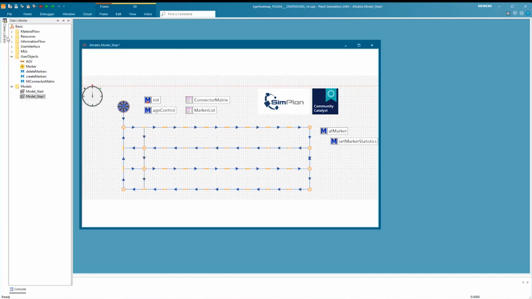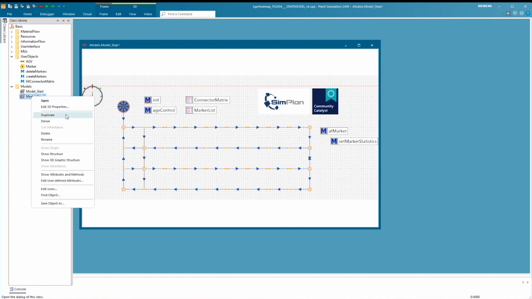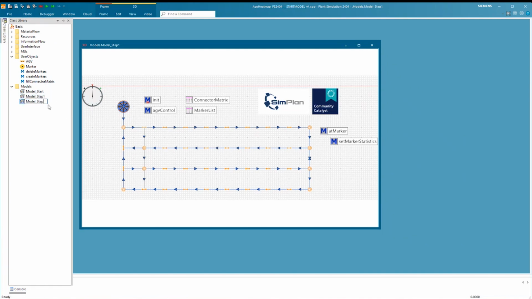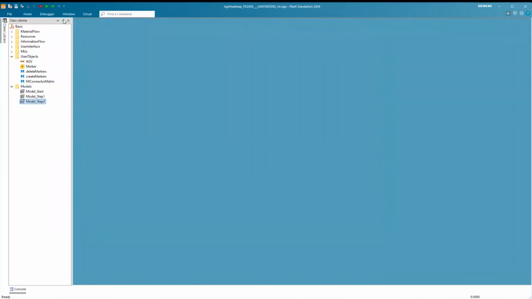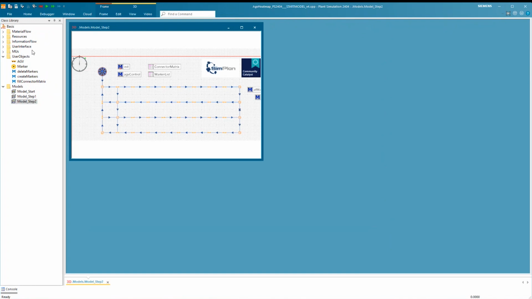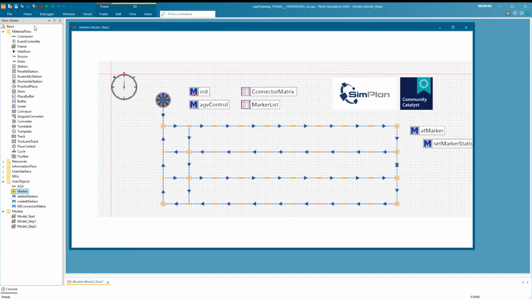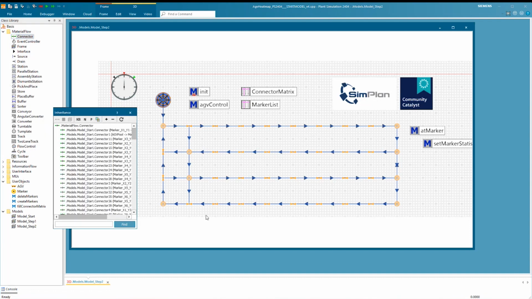And for the edges, I will do a similar approach, but I will also collect another, maybe more interesting, statistic. So I will do the same thing. I will add statistic attributes for my connector. But because I didn't prepare well enough, I used the connector class here from the basic material flow folder. So this is the one that is being used in the model.